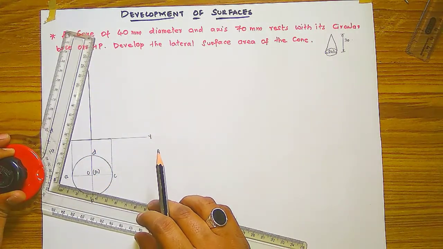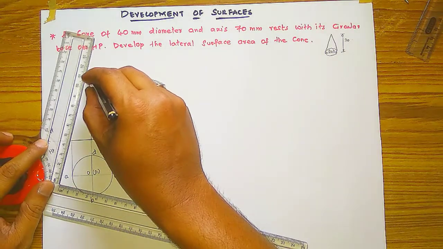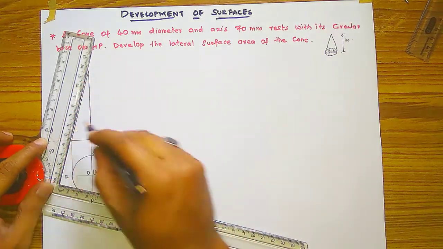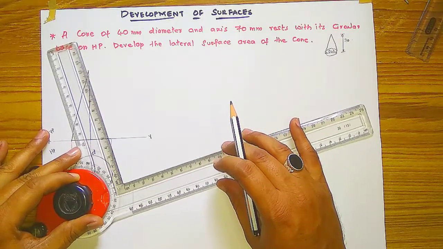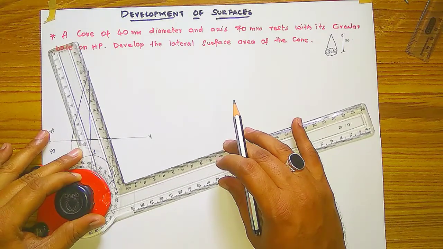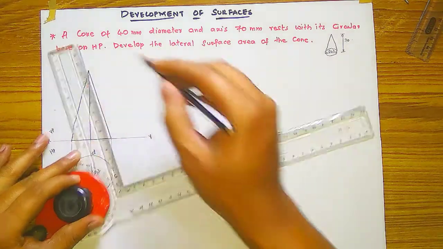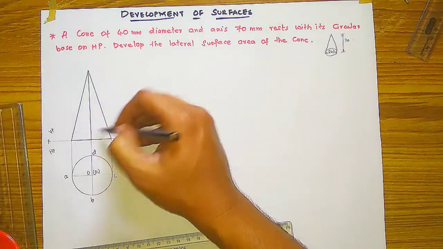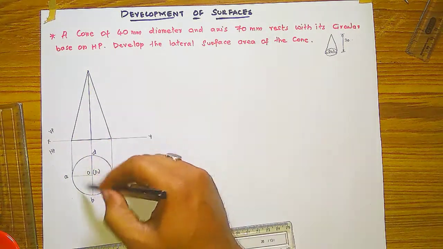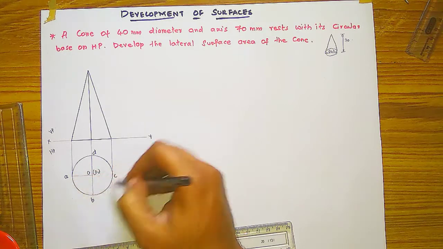Now join these slant edges by making the lines like this, here and here. Okay, now you have to label this pyramid also. You have to see this circle plane from downwards for each point.